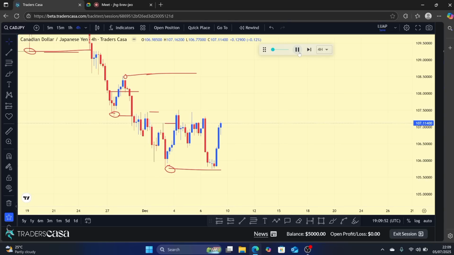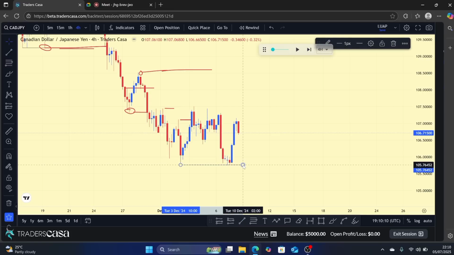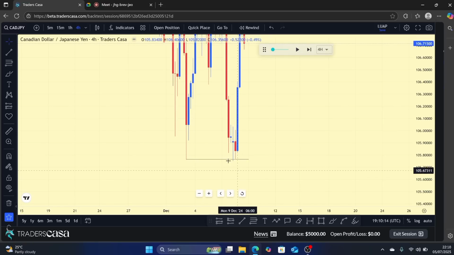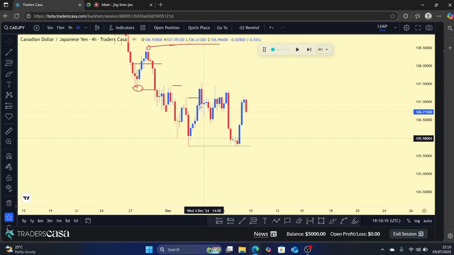Price didn't break past that, or it did, I don't know. Let's see right here. So let me delete this so that you can see the bigger picture. Was that a break? Yep, that was a break. Exactly right here. If I use a line, you can clearly see that there was a wick down below here, a wick, this one here. So that was a break. And I said if this here is a major inducement, then this here, even if it's a break by a wick, that's a confirmed